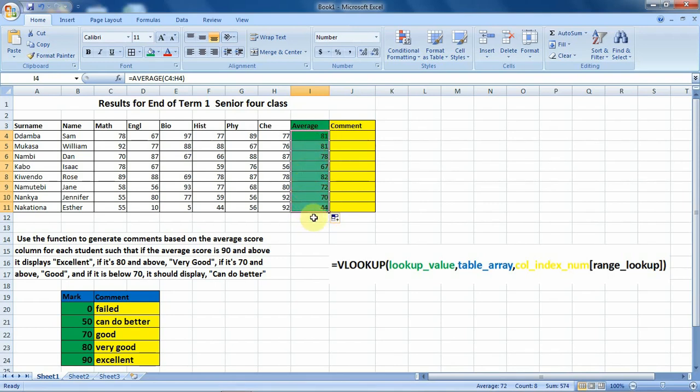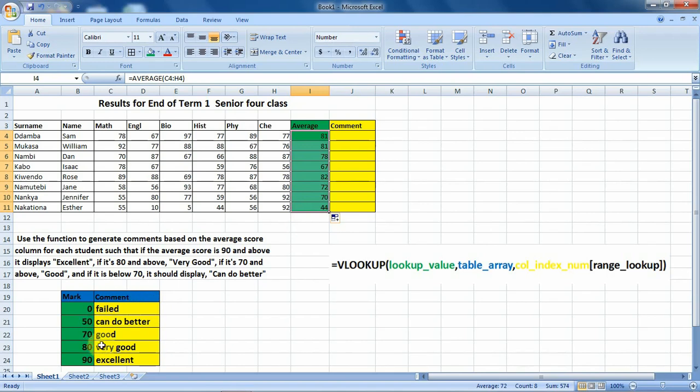These are the values we shall base on to get the comments. Now that we have our values, we shall use this table array, the whole of this one. We shall use this table array to enable VLOOKUP to search for the values in this column for average, and then return our corresponding values.